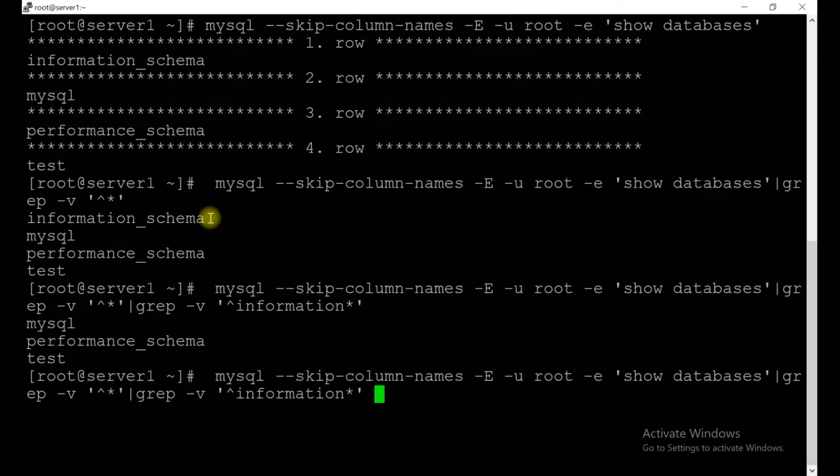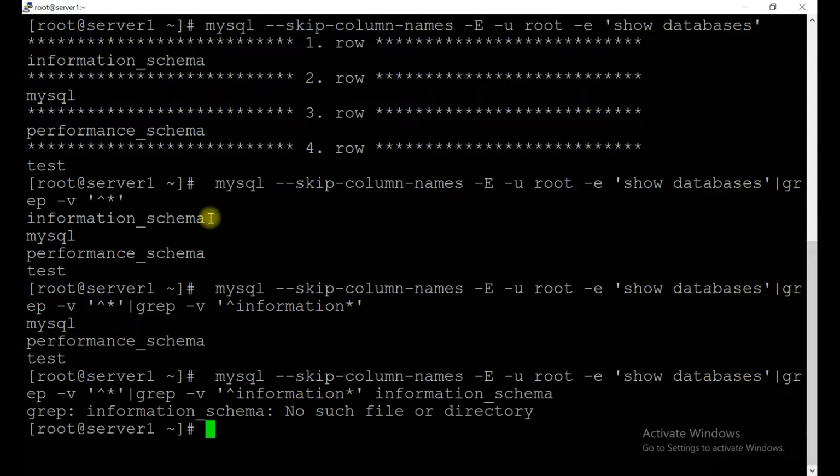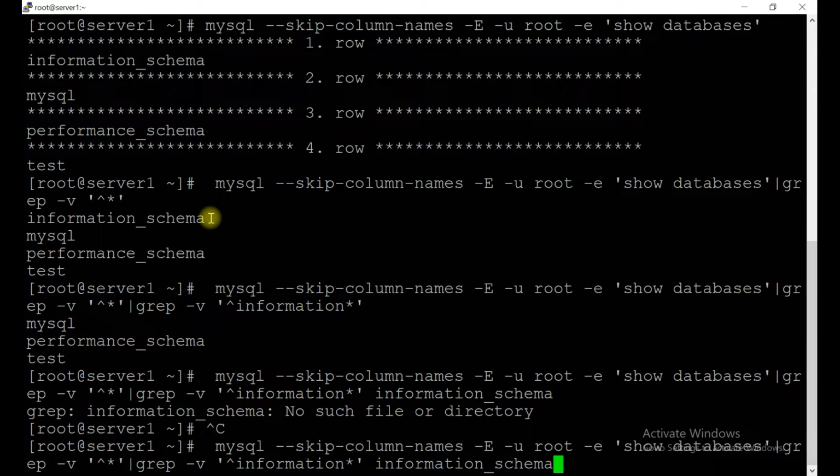Now let's put one more grep. Sorry, I need to copy once again. grep -v, star comma cap, and then performance.